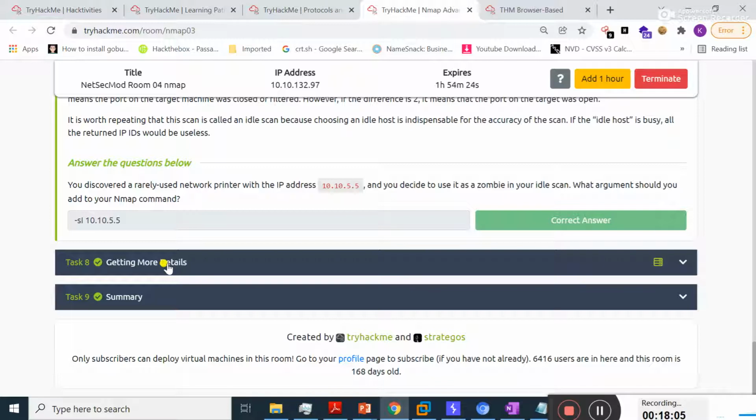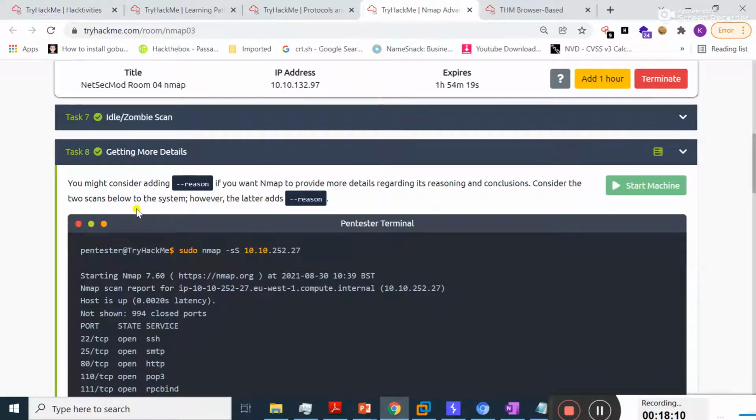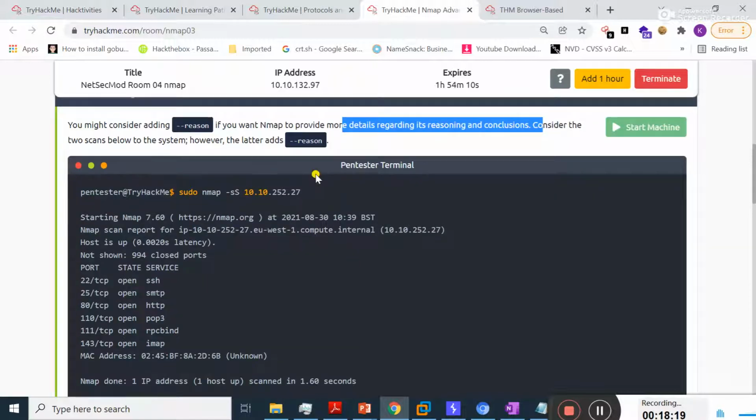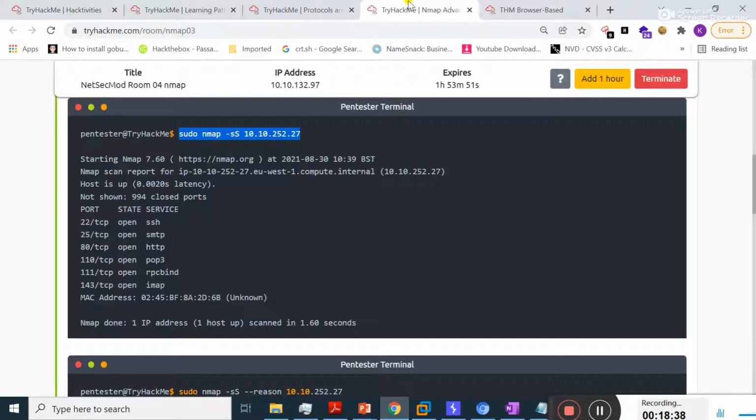Let's jump to task 8, getting more details. You might consider adding --reason if you want nmap to provide more detail regarding its reasoning and conclusion. Okay guys, basically you can use this switch in order to get more detail. If I want to perform a simple stealth scan, you can go to the terminal and paste it here. This command will perform a stealth scan against this target machine.